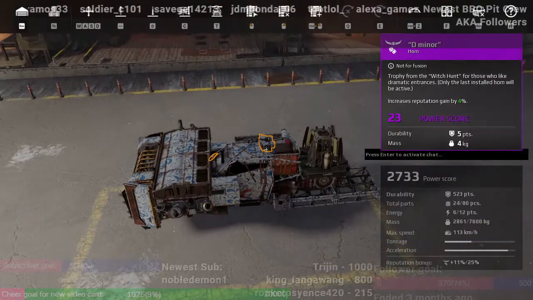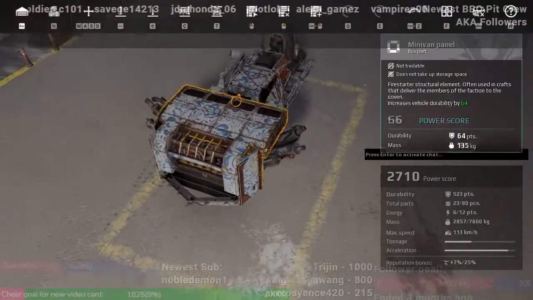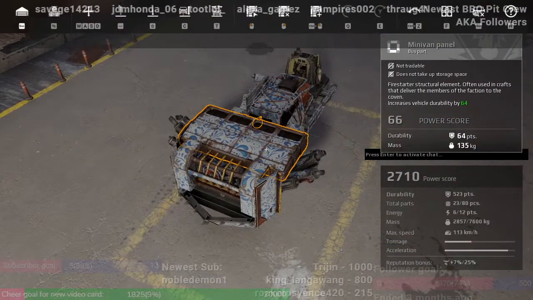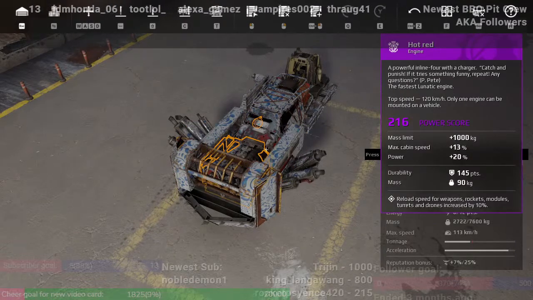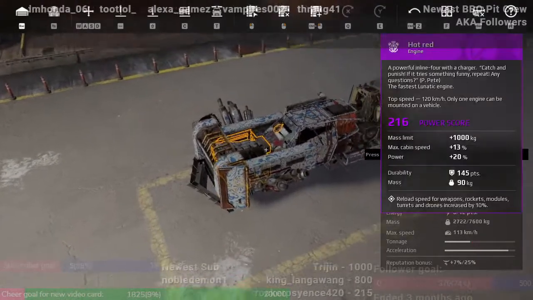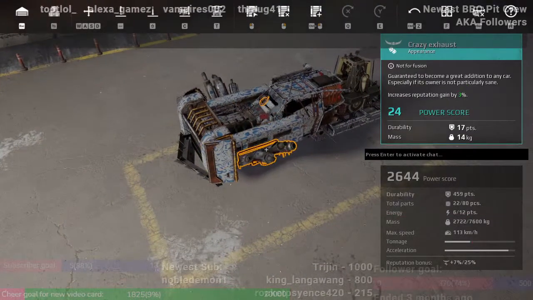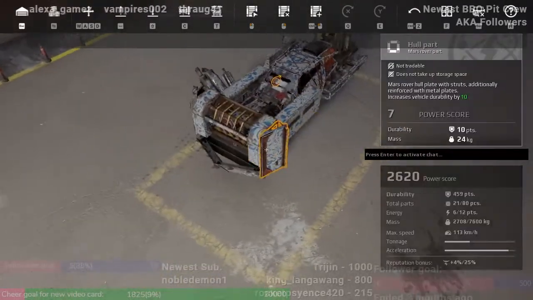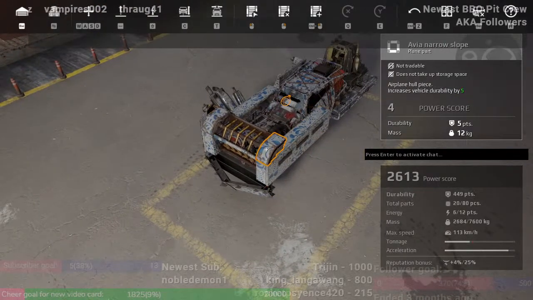My favorite horn, D minor. Then we just added this on front. We have the minivan panel. I haven't used that yet, so that'll be interesting. I think it'll work fine to help reinforce these APC side parts. And my crazy exhaust that I like to put out there on most of my rides. Another whole part. To tie it all together, we have